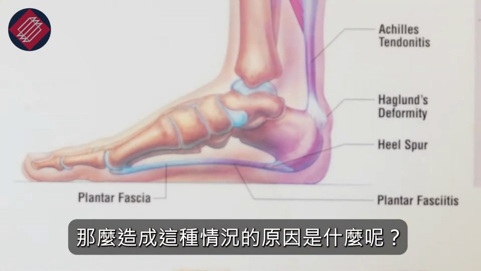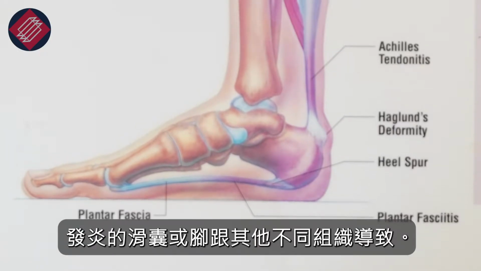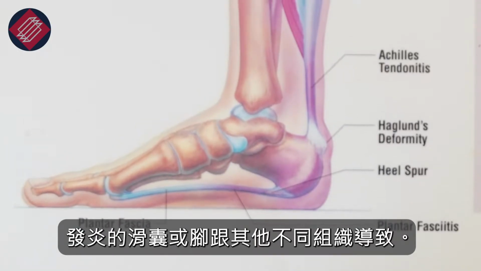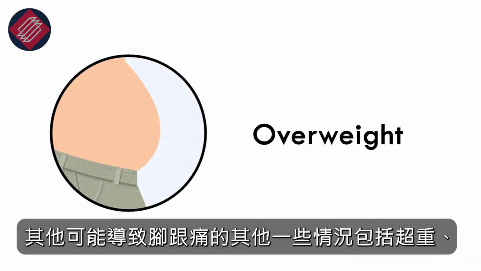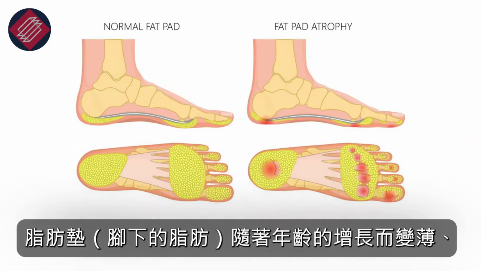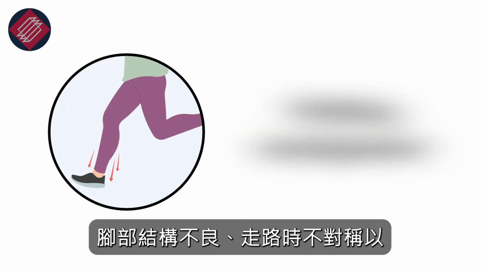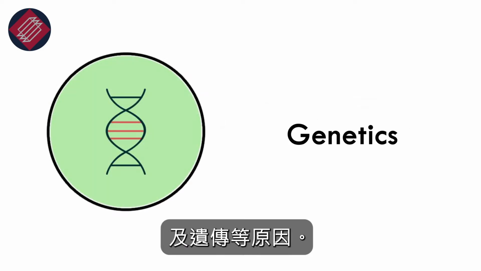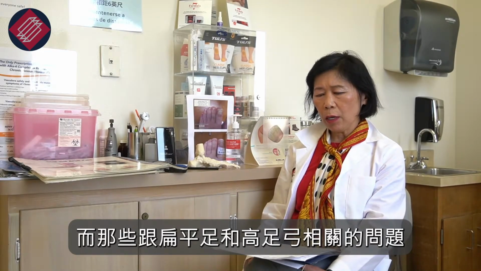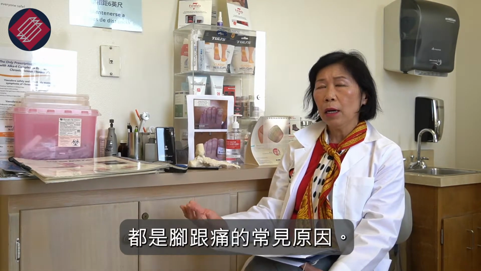And so what are some of the causes of this? It's usually inflamed tendons under the feet, also inflamed bursa or different tissues in the heel. Often the nerves can get trapped in the heel. Some other conditions are being overweight. The fat pad or fat beneath the foot can also thin out as you get older. Also, poor foot structure and a misalignment of the way you walk, and just genetics, what you're born with, what your parents had. So those are the common causes of the heel pain related to flat feet, and again, high